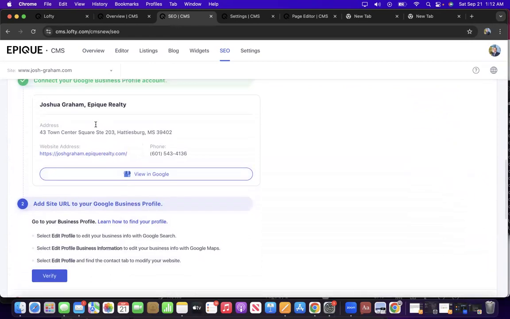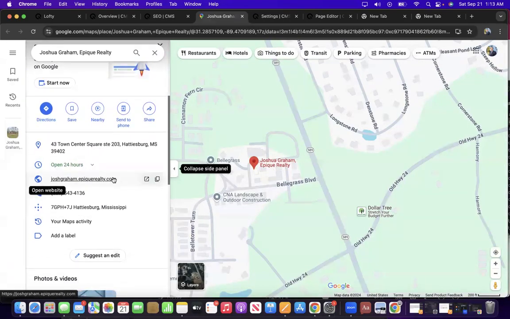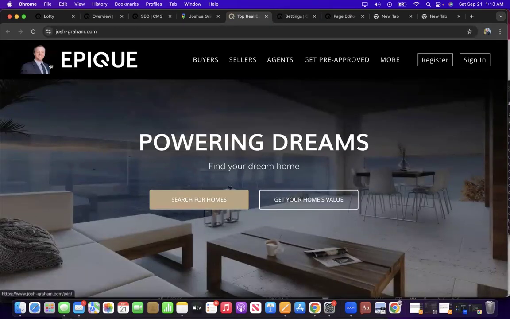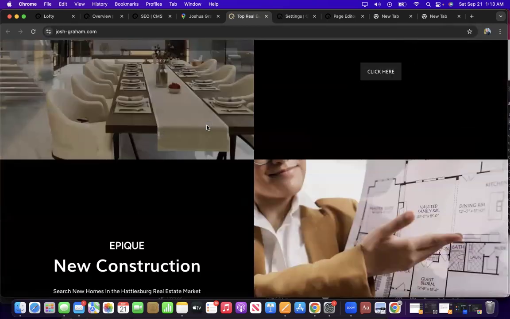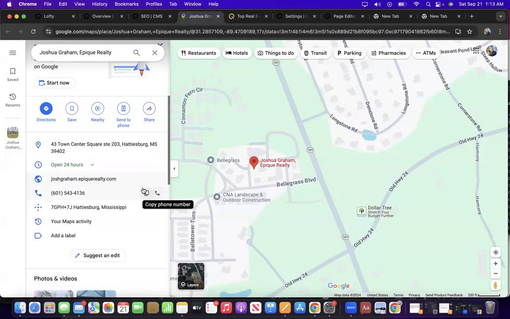All right, so we're gonna add this site URL to our Google Business profile. So we're gonna view that. So that's the old one before I did the change. See, it already has saved this, even though that's that link, it redirects here. So we're gonna go in, we're gonna edit this,